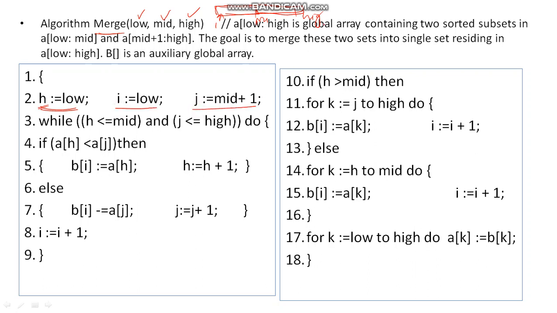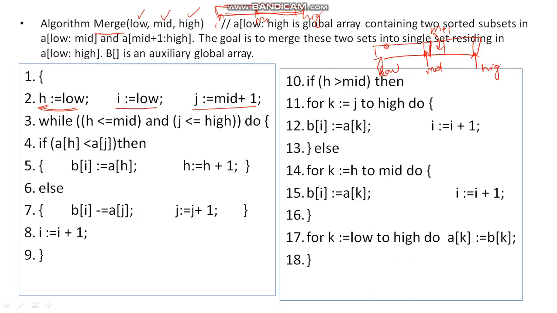So what I am doing here is, let us say this is the array. Now this is low, the lowest index, this is mid, the middle index, and this is high. So the first subarray exists between low to mid, up to this. The second subarray exists between mid plus 1 to high. So this is mid plus 1 next, the index next to mid is mid plus 1. So mid plus 1 to high.